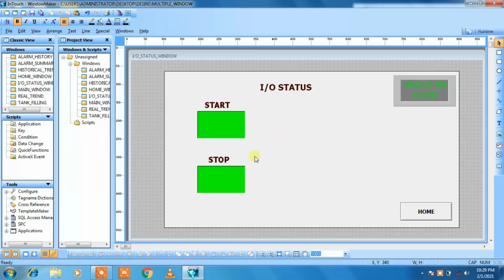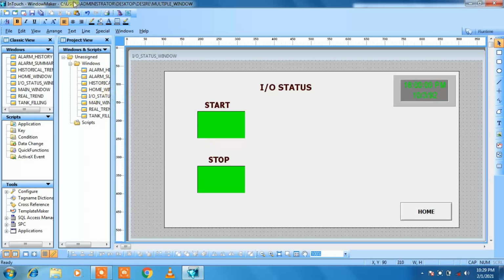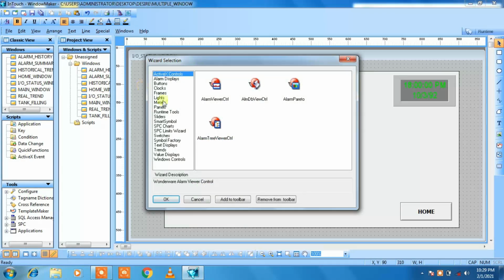Now let me go to the tank filling. Here we are having start and stop as inputs, and wall 1 and wall 2 are the outputs. So I will take indicators for wall 1 and wall 2 also. Let me go to the IO status window and now I will select another.